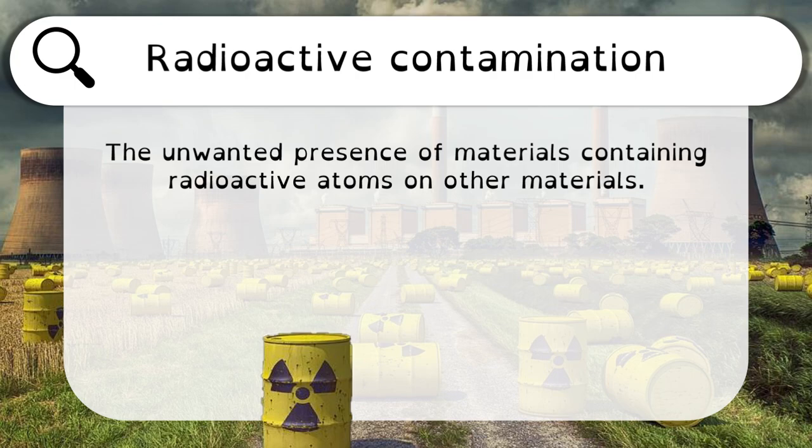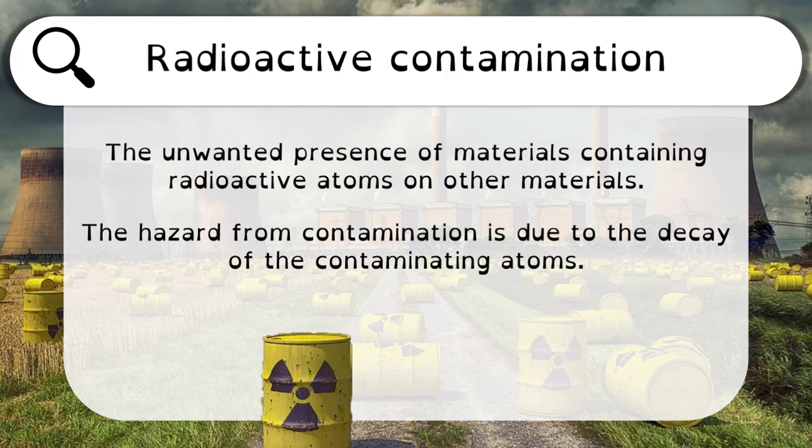atmosphere. However, we would only consider it to be contamination if they leaked onto other materials, or maybe it leaks into a water system, in which case the radioactive atoms would then be part of the water system and provide a source of contamination. And of course this would be considered a hazard because having radioactive atoms decaying in the water system would therefore not be a good thing.